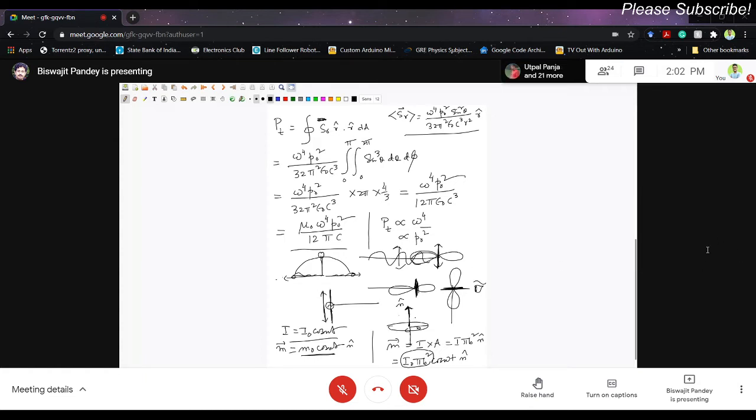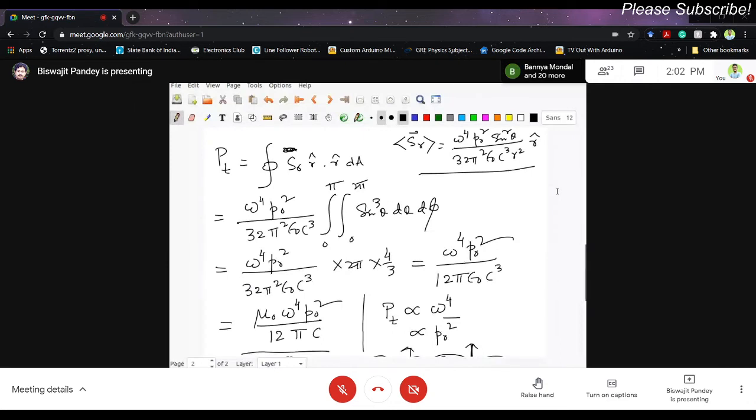This can also produce electromagnetic radiation, that is what we are going to discuss today. And we shall also compare which one is important, electric dipole radiation or magnetic dipole radiation, given different scenarios. We can have electric dipole or magnetic dipole or both, and if that is the case, which one should be given more importance, and so on.